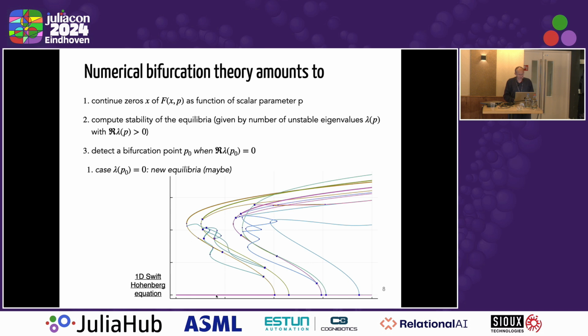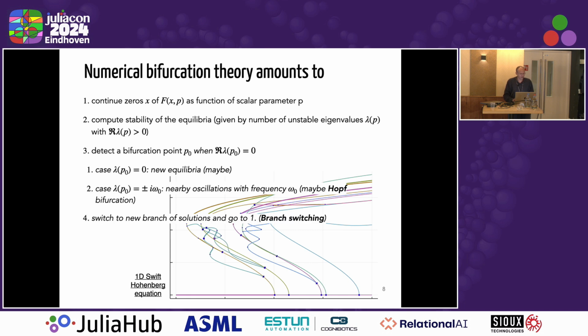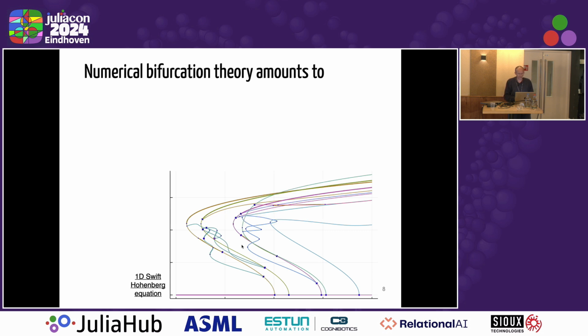eigenvalue, it means that nearby there must be new branches. So for example, in this case, I'm following the pink one. Here I have a bifurcation, so I have a branch around. In the case where the eigenvalue is purely imaginary, it's the Hopf bifurcation. We just saw it on the previous slide. And once we've detected this, we can branch to the new solution and go back to step 1, detect all this,